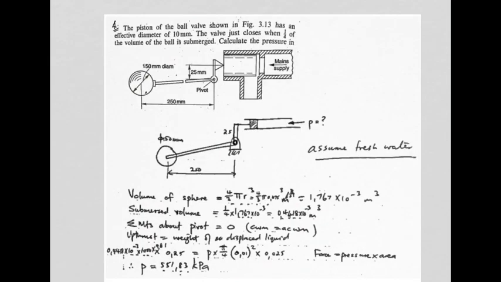Now in number 4, we look at a very common device that we're all familiar with, and that is the ball valve in a toilet cistern. And the way this works is you have a buoyant sphere attached to the end of an arm, and that arm is attached to another shorter arm, and that presses on a piston which acts against the mains water supply, which, as we know, can be anything up to 5 bar in pressure, quite a lot of pressure. So that pressure from the mains supply, the water supply in your house or your building, acts on a piston, and obviously there's some